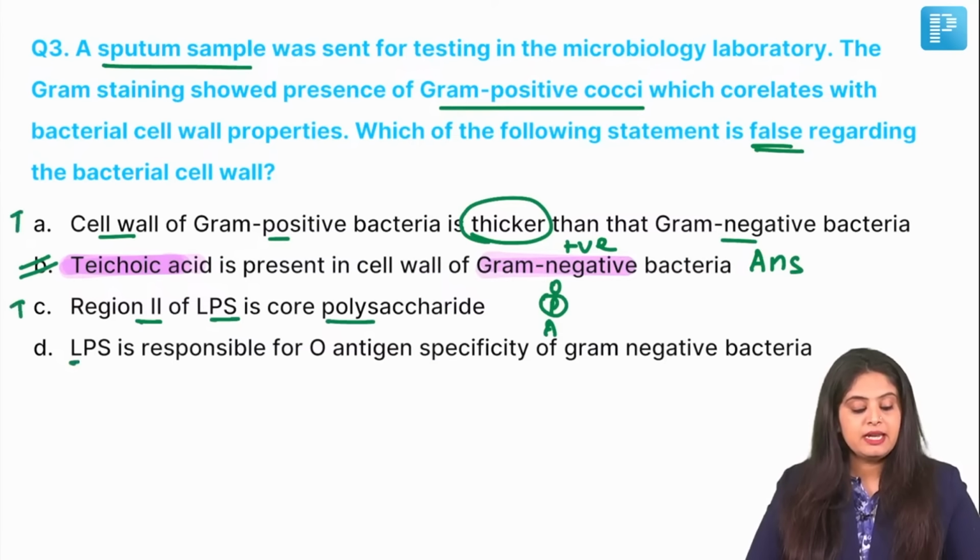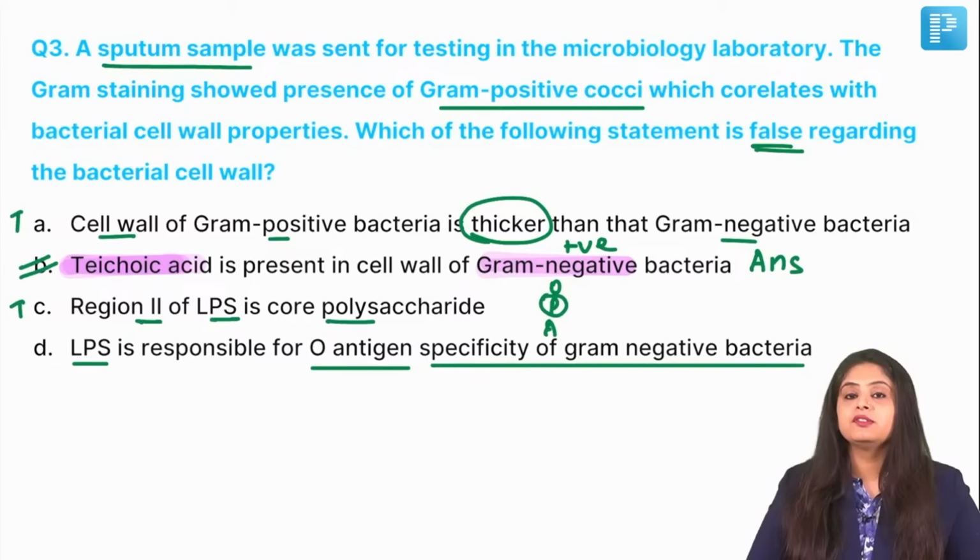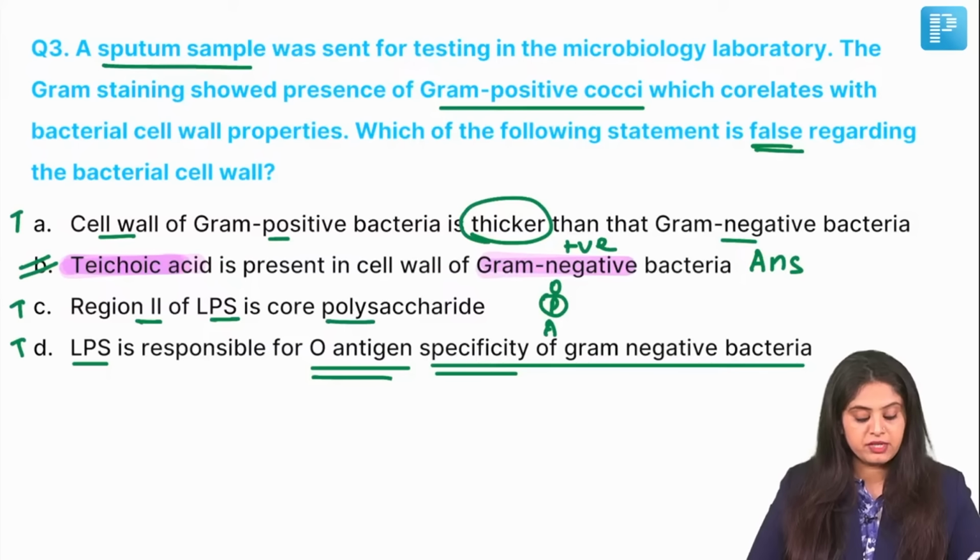Ye bhi correct. In lipopolysaccharide, the O antigen specificity is what is O antigen's work? Yes. Every bacteria has its own O antigen, so specificity will be based on O antigen. This is also correct. I think I've solved the question, and in that process, I've done most of the questions